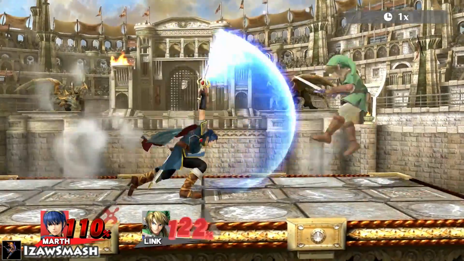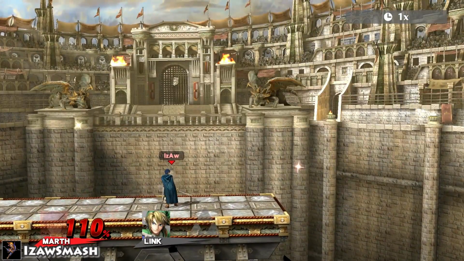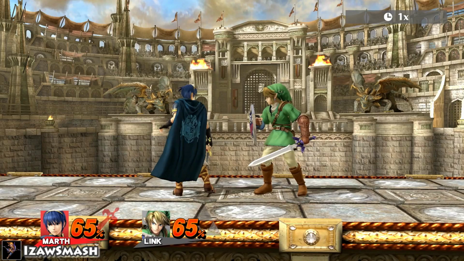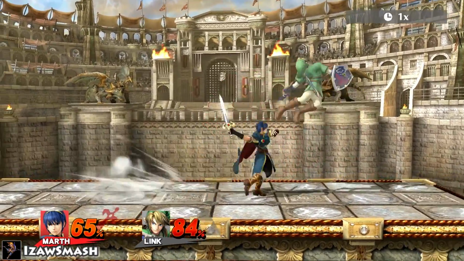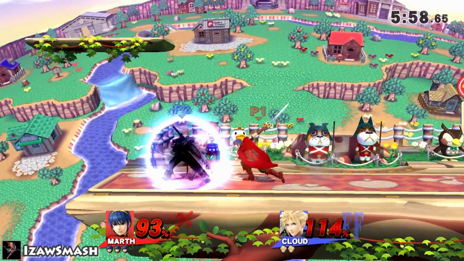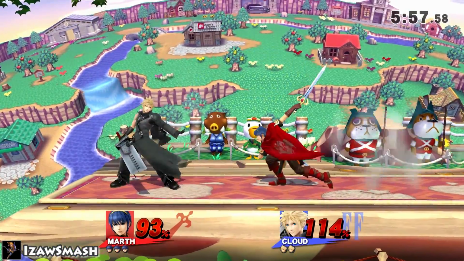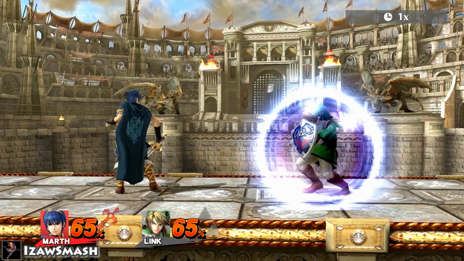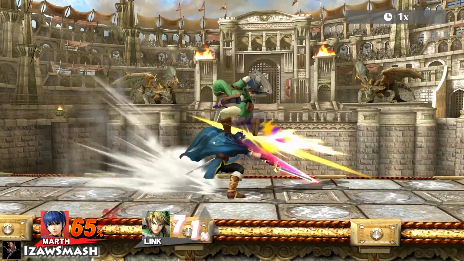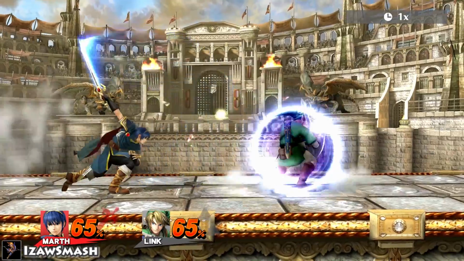It also scores kills at high percentage, since it kills relatively early if sweet spotted. If it sour spots at mid percentage, it has a chance of launching the opponent into a tech situation. Forward tilt is safe on shield at max range, so you can always throw out another tilt, jab, or dancing blade to keep them out, or force reactions like rolls and punish them with dancing blade, or punish jumps with